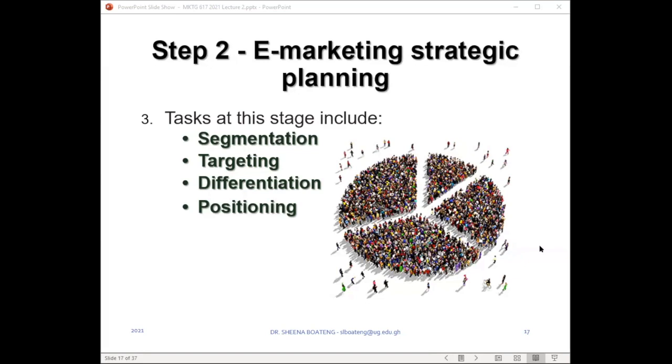So once you are able to do so, you can determine which group within the market you can effectively target with your market offering, be it a product or service, and ensure that they are the market you can serve and serve well with the resources that you have. Once you are able to target them, you can know how to differentiate yourself to fit into that target market. Because bear in mind that the same way you as an organization have targeted them, other competing organizations have also targeted them. So you will have a bit of competition going on. You need to differentiate yourself and your offering such that you are positioned to compete effectively with all these other competing brands.